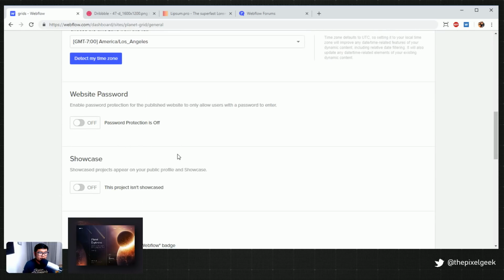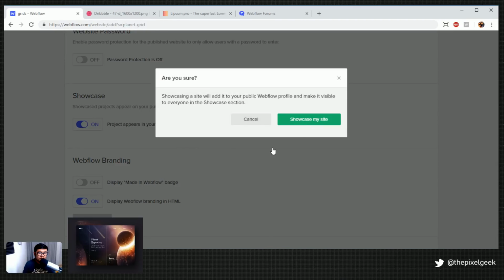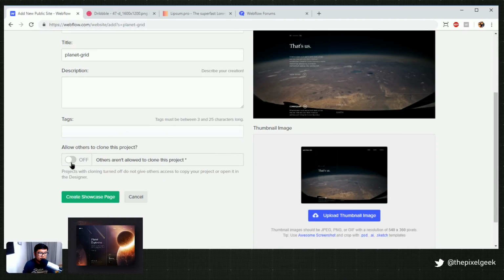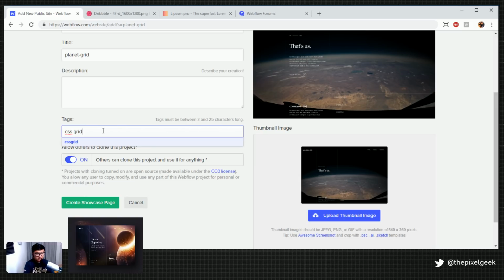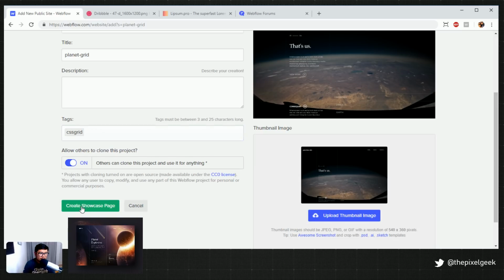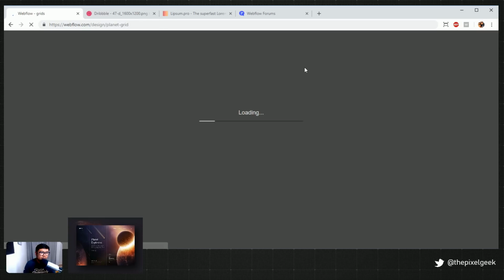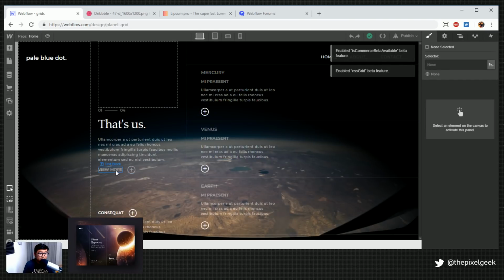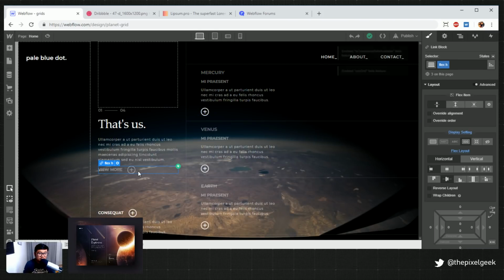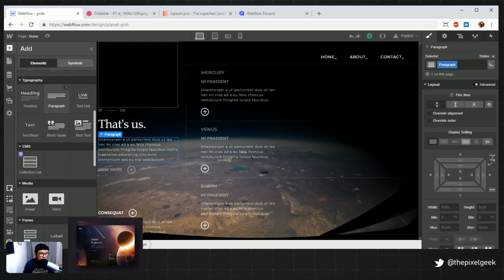All right. Make sure it's showcased, and make sure that you guys can clone it for free and have fun with it and do whatever you want. Oh, let me add one more thing. Let's go to project settings. We got to do this. I'm going to change this to a light box.